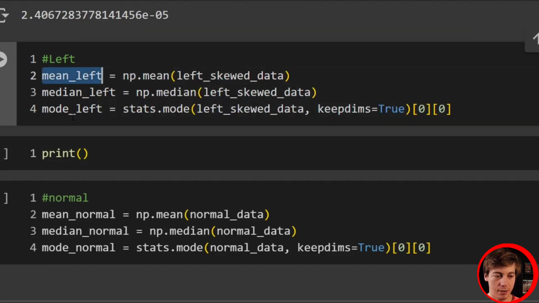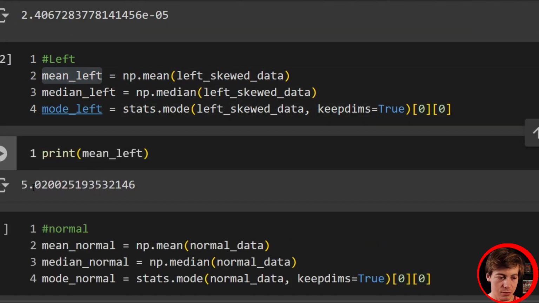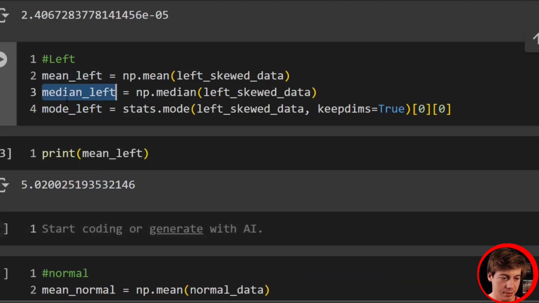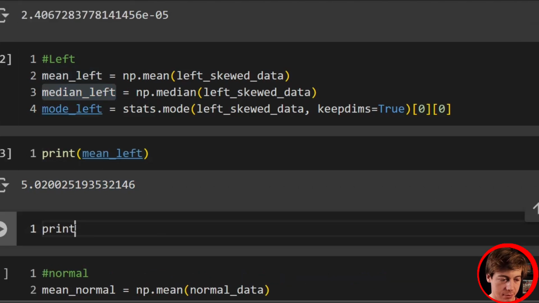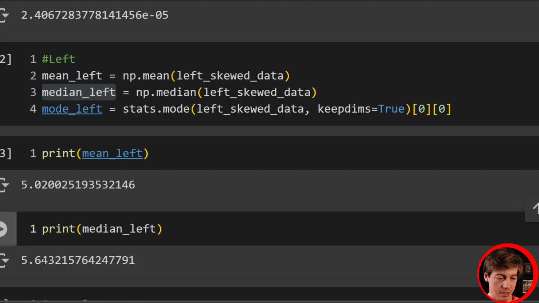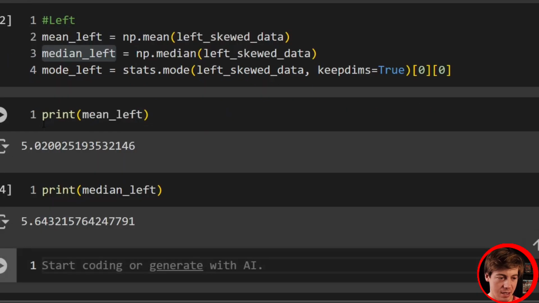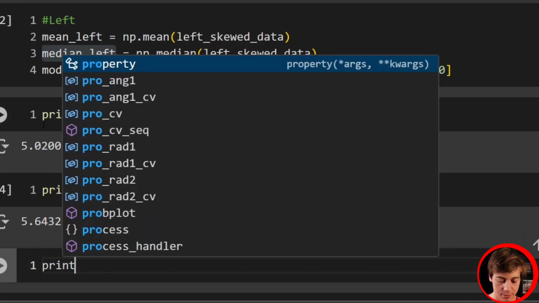We'll print out our mean for the left one first, right? So our mean is 5. Then let's calculate our median. So print out our median. Print median, 5.6. And then print our mode. Print